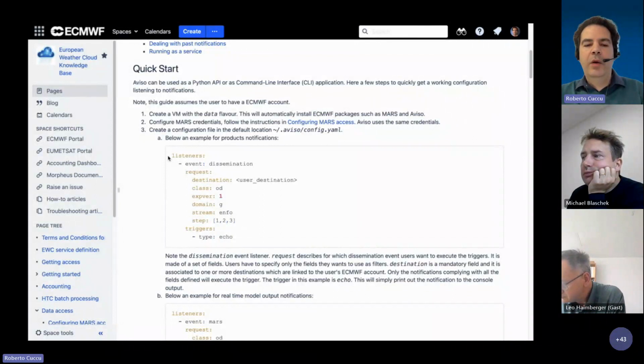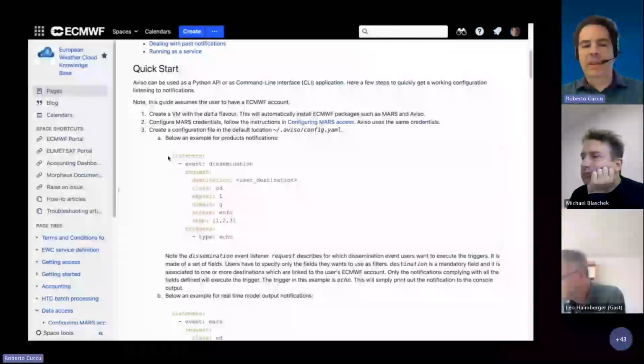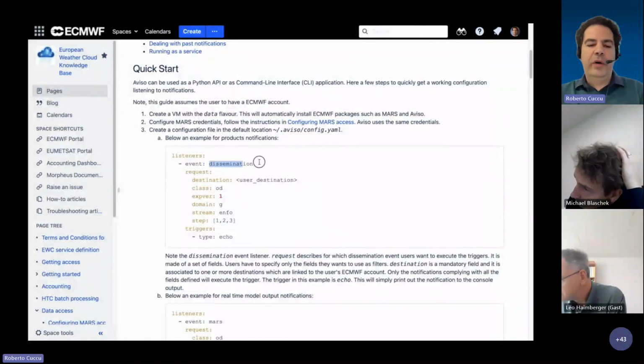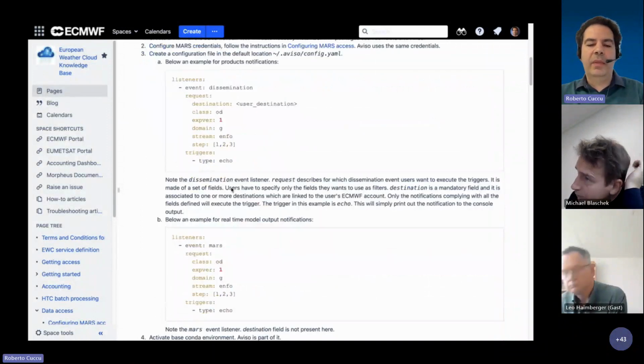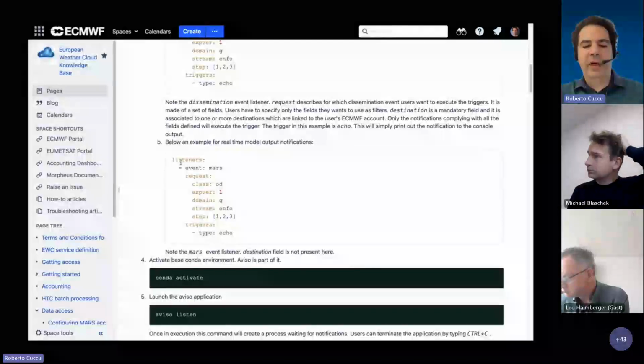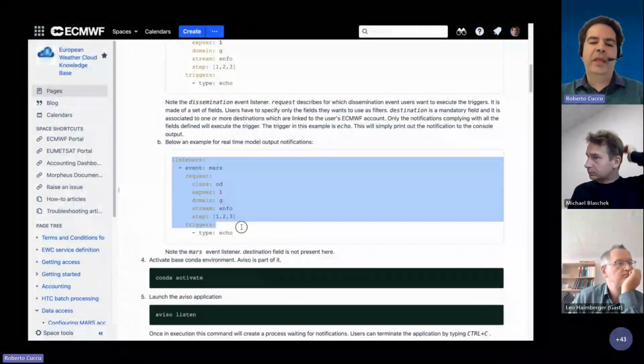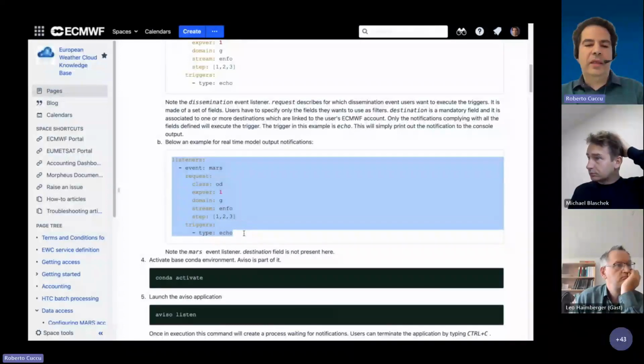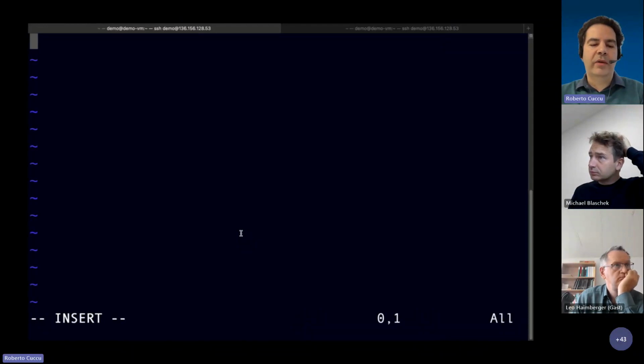As I mentioned, we have two types of notification that we can subscribe to. We have the dissemination one, which is linked to the ECPDS dissemination system. And then we also have another type of listener for those who want to subscribe to real-time model output that could be retrieved through the Mars client. This is the type of listener that I want to configure for my Aviso client running on the